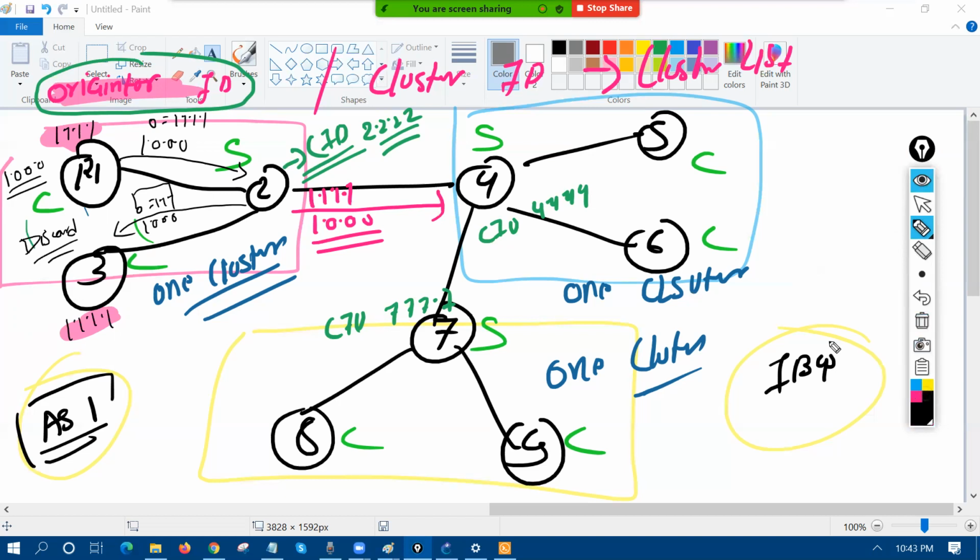But in this case, they will put the cluster ID, 2.2.2.2, the router ID of the server. R4 will receive this information. R4 will send this info to R5, and R4 will send this info to R6. When R4 sends this info to R7, how will R7 receive the update? They will receive the update like this: